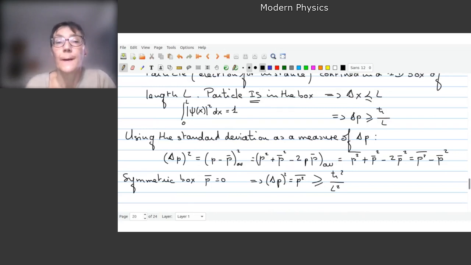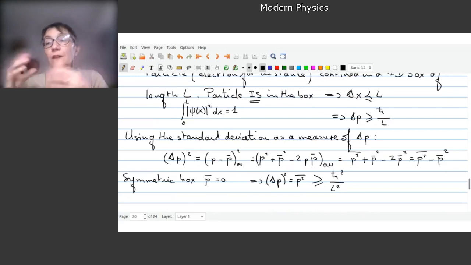We are going to use it a lot, okay. And so as your particle is in the box, you can say that the uncertainty on its position is smaller than L, okay. Maybe you don't know where it is exactly, but you know that it is inside the box, okay. And so as you have delta x, delta p on the order of h bar, okay,